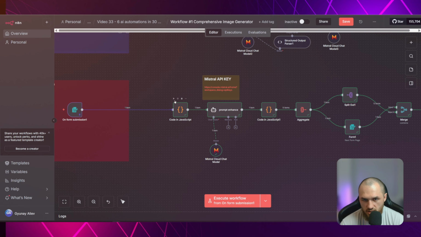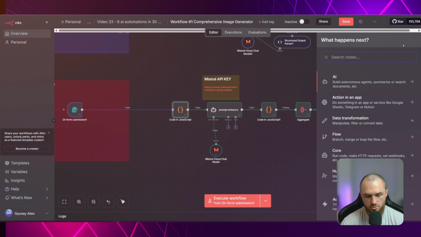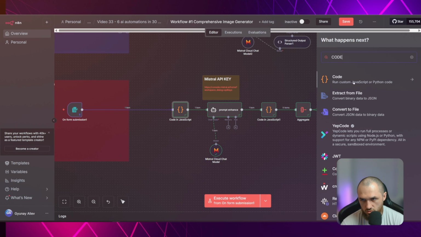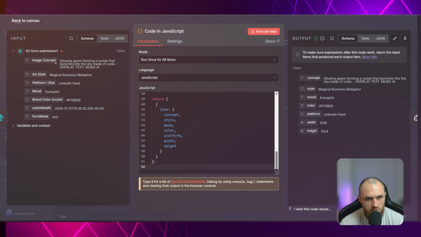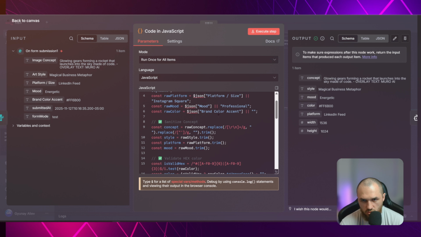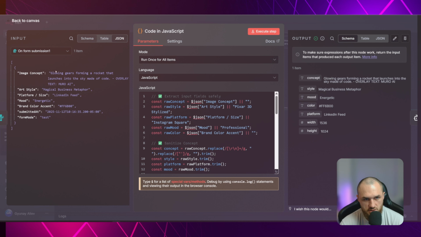What we are doing next, we are getting a code node. Here you just write JavaScript code, and we have this input. Let me delete this. We have this input: the image concept, art style, and so on. This JavaScript code was generated by ChatGPT. Again, I have just copied the JSON of this and said to ChatGPT, I want you to create JavaScript code which is going to take